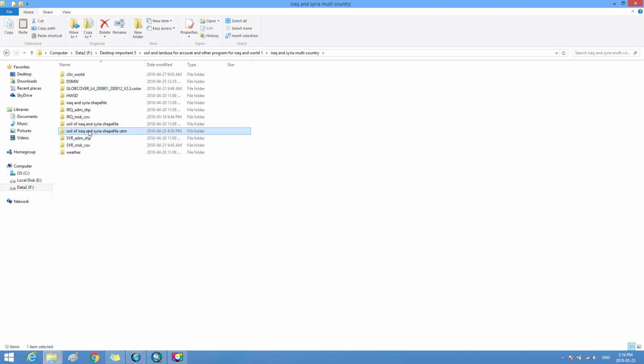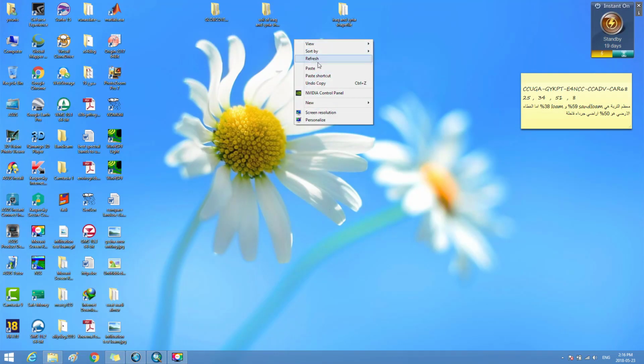This file is titled Soil of Iraq and Syria Shapefile UTM, where we make a copy of it and transfer it to the desktop through paste,